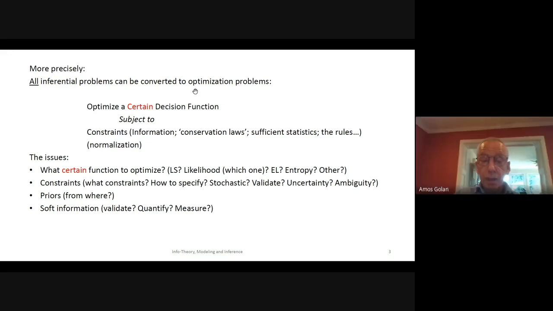Yes, it's a perfect question. The constraints are not to do with information theory. The constraints are what I think the information is that I have. It could be hard data information that I observe, but it also could be what I call here the soft information. It could be what I believe are the rules that govern the behavior of this system. But the advantage here is that then I can test it statistically as well.